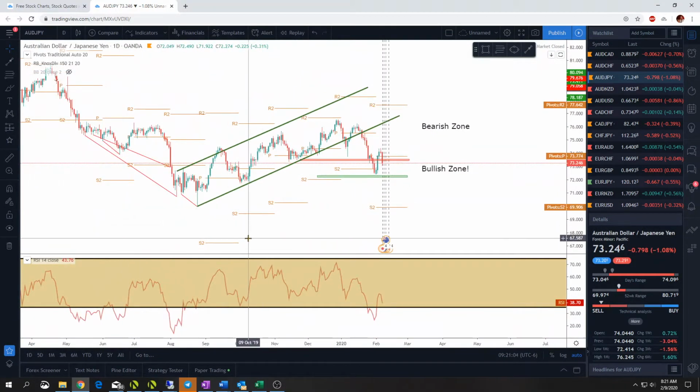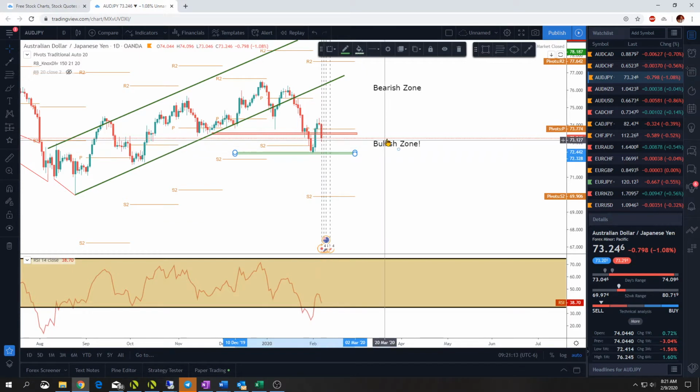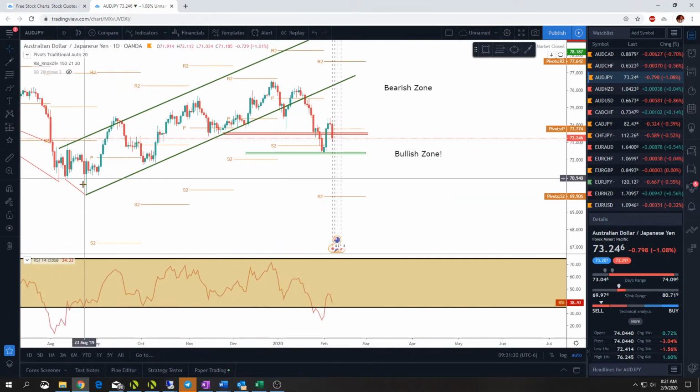AUD JPY. So we had an upward trend. We had a break of this trend. We came all the way down here. So this is an obvious bullish zone to be looking. Again, we don't have all that divergence that we saw in the last Australian dollar Swiss franc. However, like I said last week, I think the JPY is going to have a big month. So I think this was a great place to, let's just,